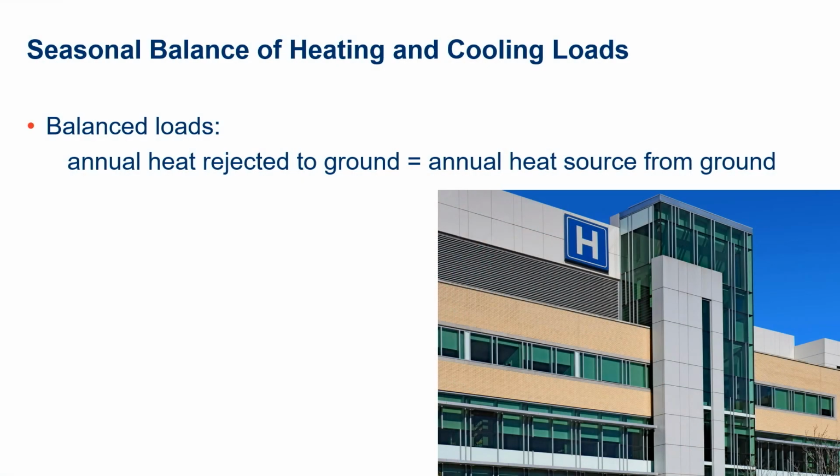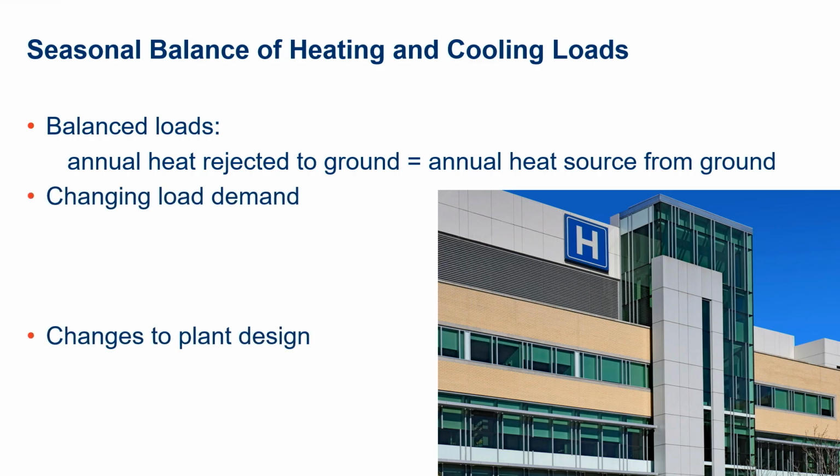Finally, let's look at the effect of balancing out the heating and cooling loads. This is one of the bigger levers that designers have to optimize bore field size. Seasonal load balance is achieved when the annual heat rejected to the earth is equal to the annual heat sourced from the earth. There are two fundamental options to manipulate the amount of heat rejected to the earth. We can either change the load demand, or we can modify the central plant design with a supplemental heating or